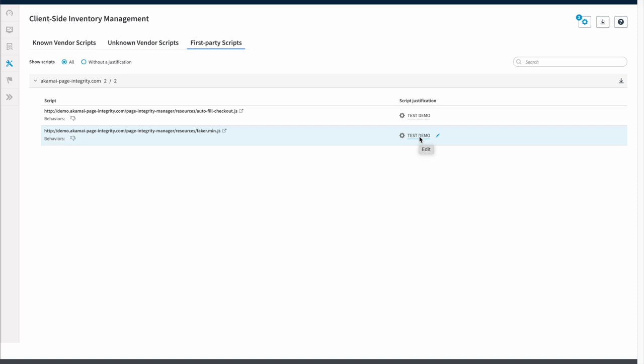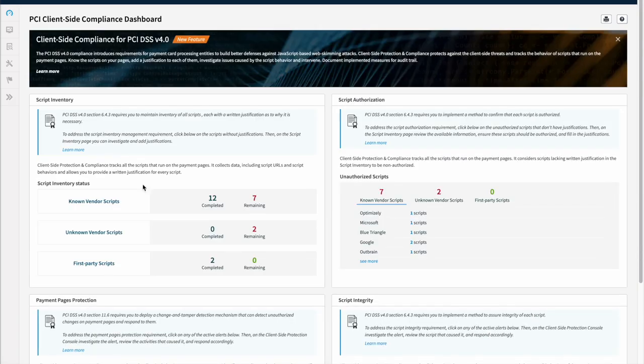As I mentioned before, your client-side inventory status will show in your PCI dashboard as well. At any point, you can understand the amount of JavaScripts that lack justifications as well as are unauthorized. Be sure to always keep your justifications updated, as well as ensure that you are applying rules to help you